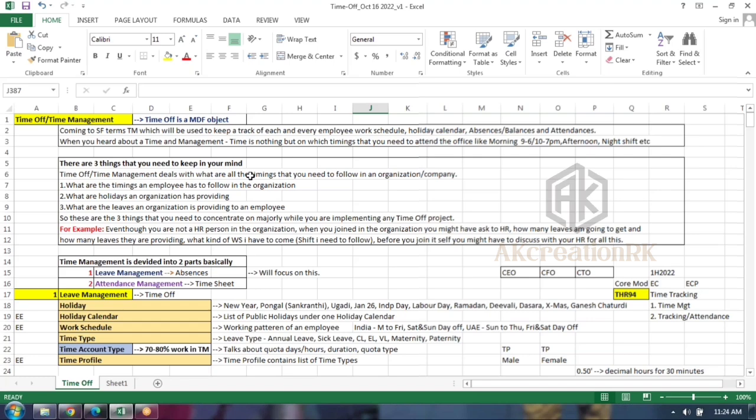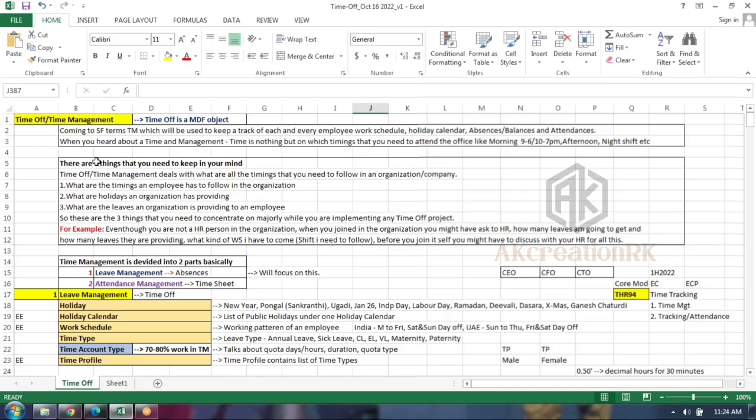So on the customer side, as per the company's leave policy, they are going to define some number of days in the form of a quota. Quota is nothing but the number of days defined by the client or customer as per the leave policy or company HR policy. So annual leave: every year you are eligible to get 24 days per annum. That is a quota, right?